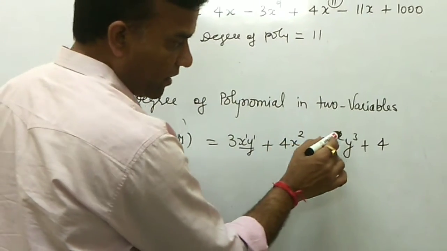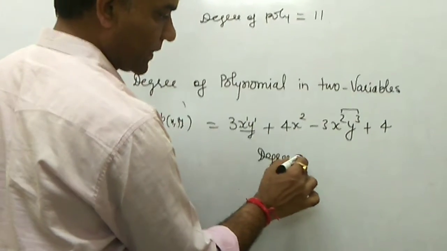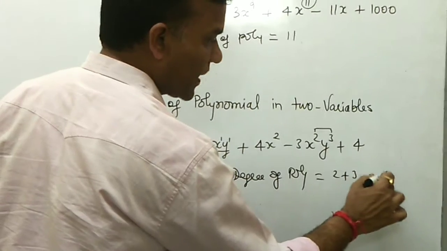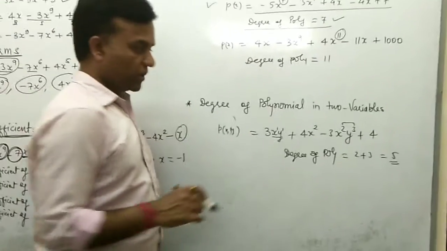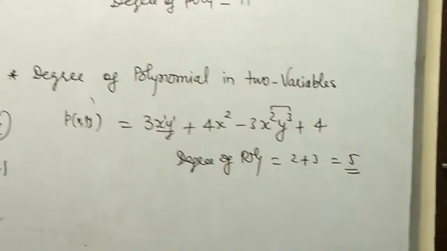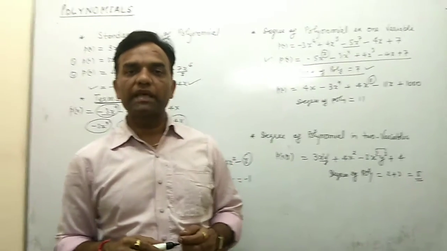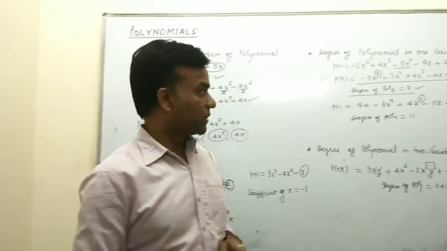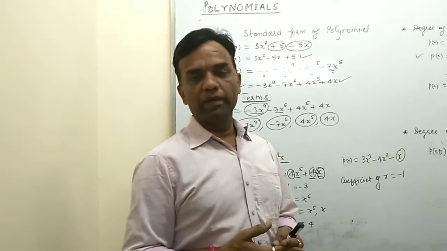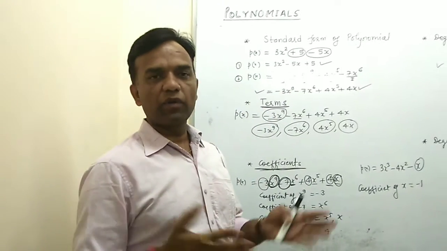Here 2 is given. But for this 2 and 3, the degree of the polynomial is 2 plus 3, which means 5. So 5 is highest, including this term. So this is the highest degree of this polynomial. So the degree of the polynomial is 5, because here we include both variables, x and y, and then we select it. So basically these are all the basic concepts related to polynomials. I think this is not too typical. You revise it all and then you write it down.